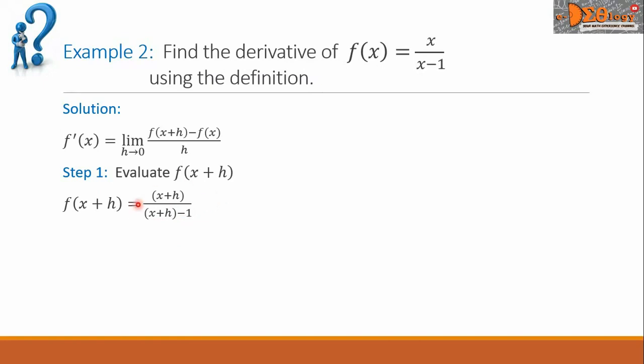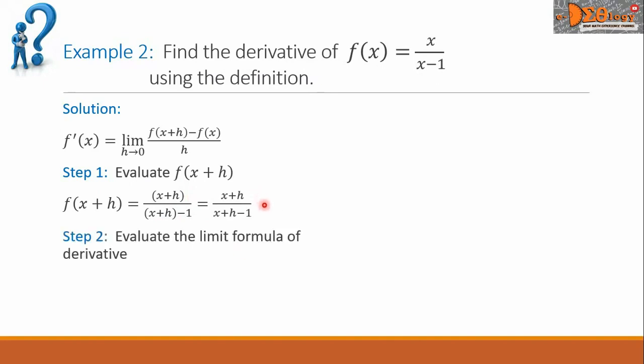We can simplify our fraction here by removing the grouping symbol. So we have now our new fraction here. For step 2, let us now evaluate the limit formula of derivative. So we write here f prime of x equals the limit of this f of x plus h, and we copy this fraction in here, minus the f of x is our given function, so we copy it in here, all over h,